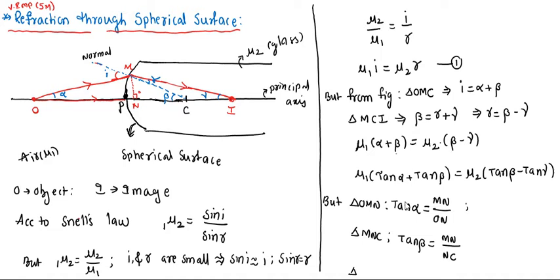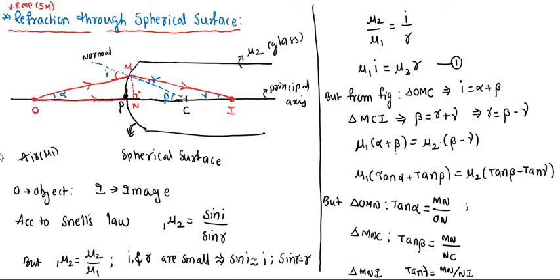Tan gamma is also required. From the right angle triangle we have to search, MNI, you see here. Then tan gamma, what do we write? Tan gamma equals opposite side, again MN, by adjacent side, that is NI. MN by NI we write. All these things we substitute in the above equation. Okay, then what will you get?